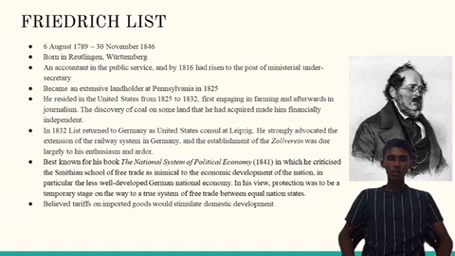He resided in the United States from 1825 to 1833, first engaging in farming and afterwards in journalism. The discovery of gold on some land that he had acquired made him financially independent. In 1833, List returned to Germany as United States Consul at Leipzig. He strongly advocated the extension of the railway system in Germany, and the establishment of the Zollverein was due largely to his enthusiasm and ardor. He is best known for his book The National System of Political Economy, 1841, in which